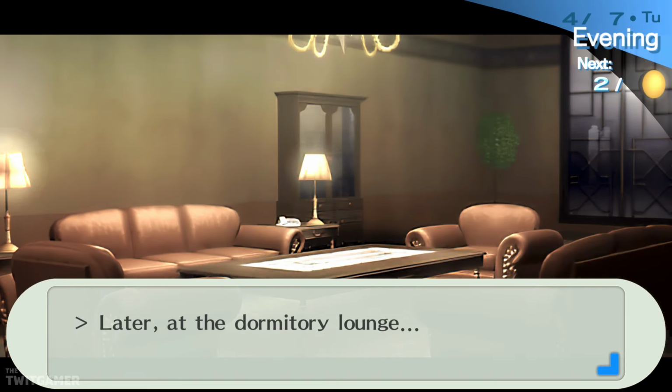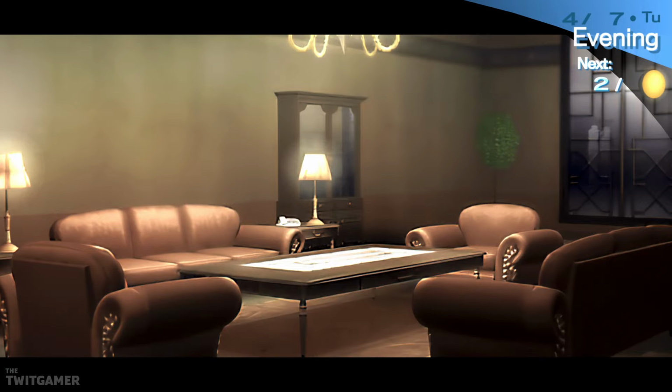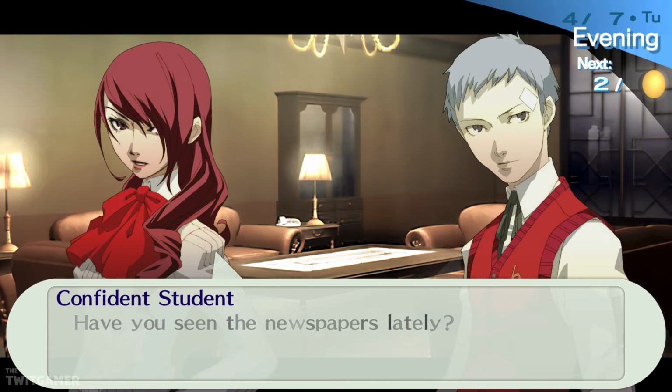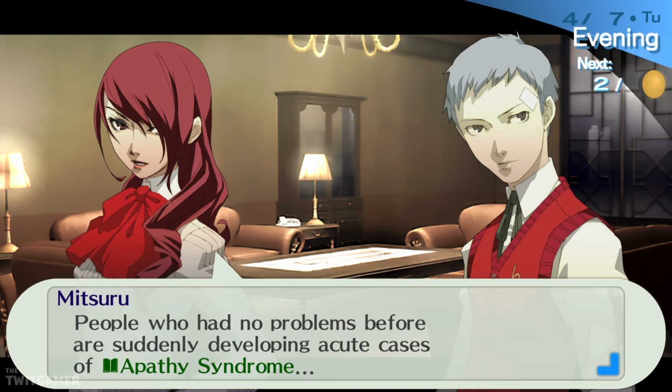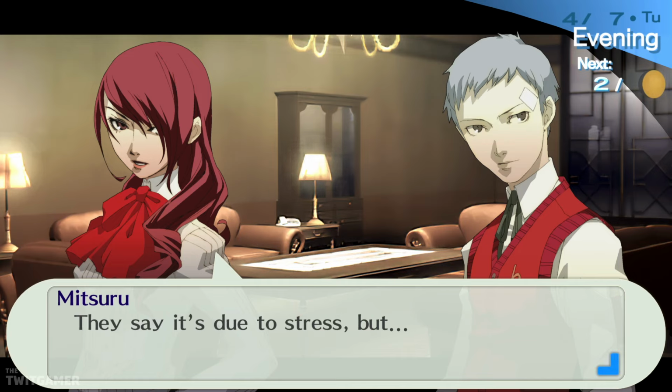Later, at the dormitory lounge, a young man walked down the stairs as Mitsuru was reading a book. I'm going out for a bit. Where have you been? Have you seen the newspapers lately? I know. People who had no problems before are suddenly developing acute cases of apathy syndrome. I've seen it in the news quite often lately. They say it's due to stress, but...